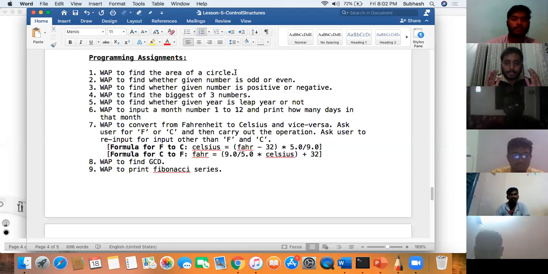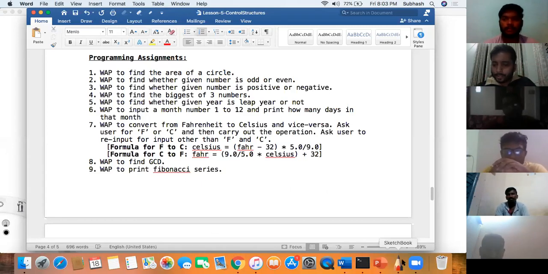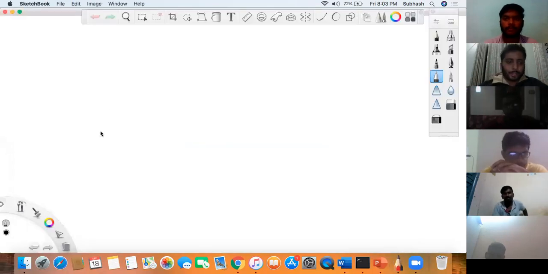Naresh says it is a formula. The very first thing is you'll have to think of the logic, right? So it's a very simple program. Let me write this program over here. For this program, area of a circle, the logic is very simple. You need not think about a logic, because there is a direct formula, as Naresh said.